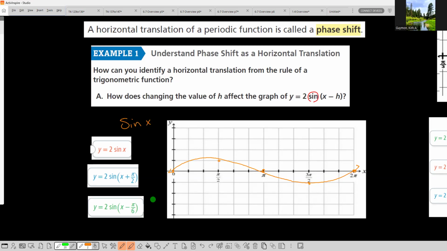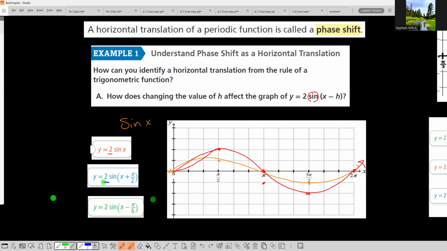So the red one, the 2 sine, we're going to go twice as high and twice as low. Back through 0, twice as low and back to 0. Let me try that again. Twice as high, back through 0, and twice as low, something like that. So then when we go to the blue one